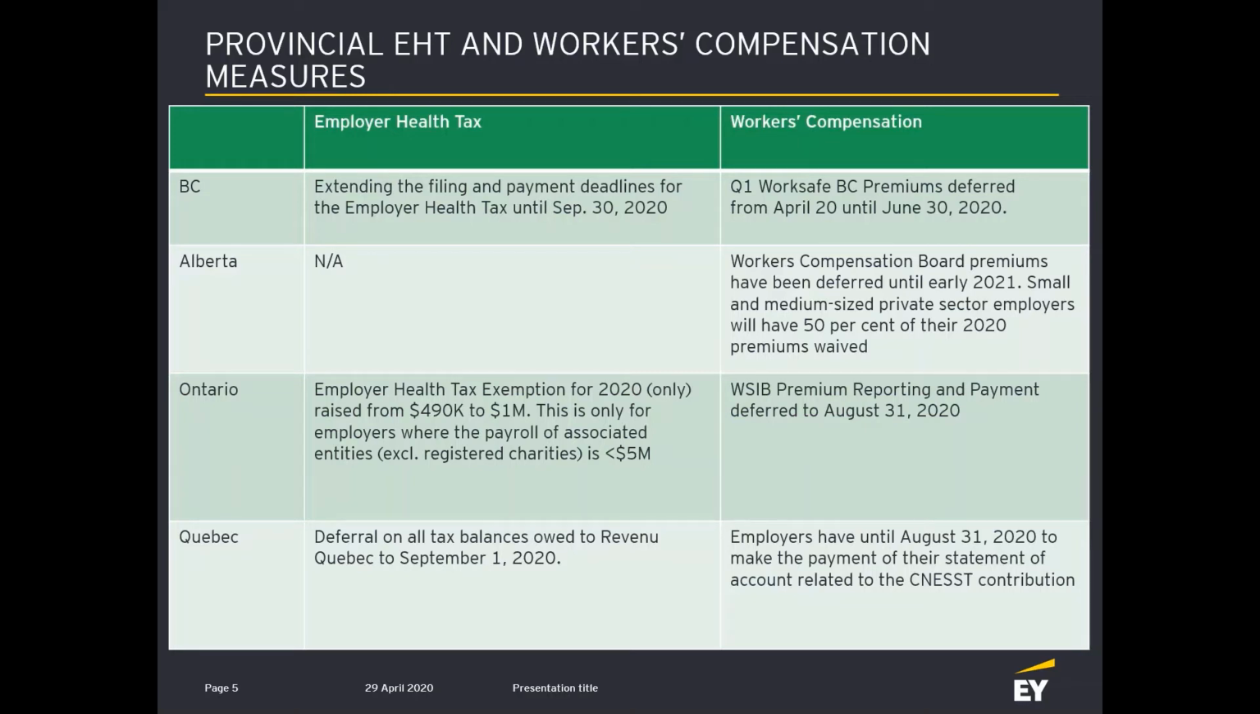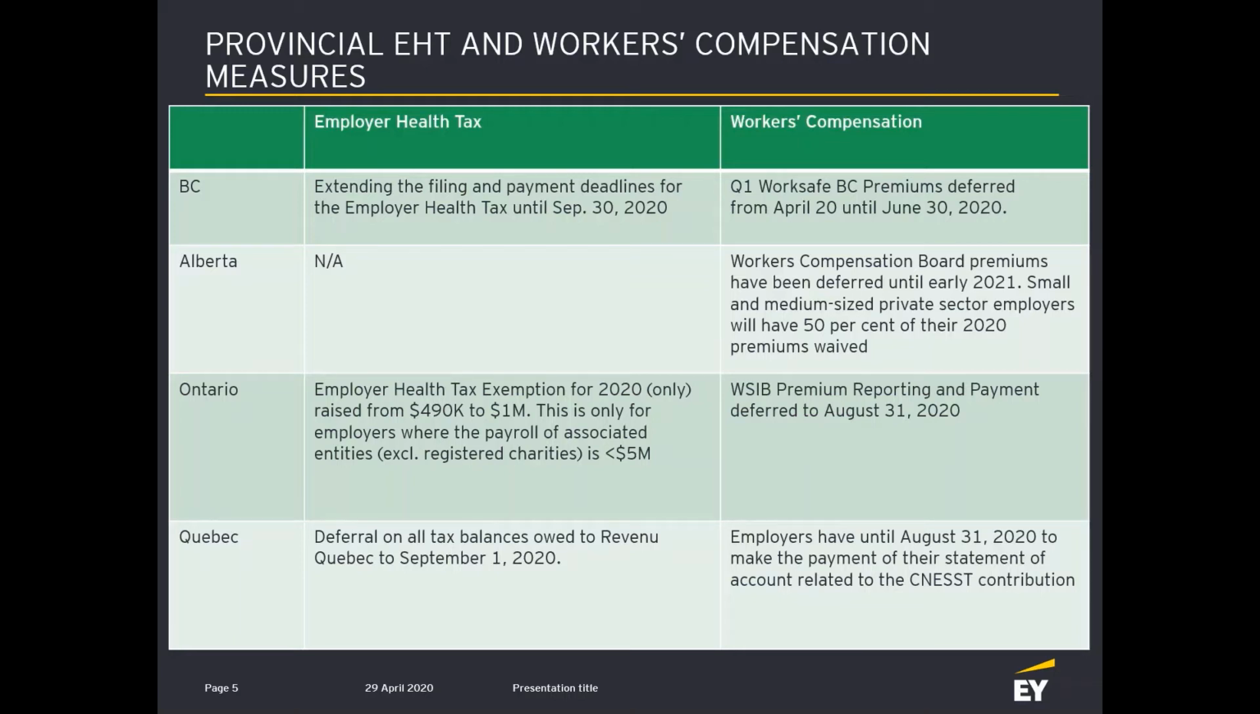So employer health tax, BC, Ontario, and Quebec all have this. And in Ontario, for example, it's the province I'm most familiar with, a couple of changes. First is the EHT exemption has been increased from $490,000 to $1 million. But note that this exemption only applies for companies with remuneration under $5 million. So total remuneration has to be less than $5 million. And if it's more than $5 million, then you get no exemption, right? So if, for example, you have total Ontario remuneration of less than $5 million, your exemption now goes up to $1 million. So you don't pay EHT if you have